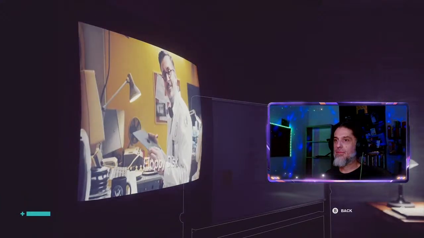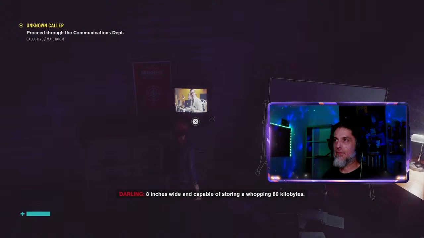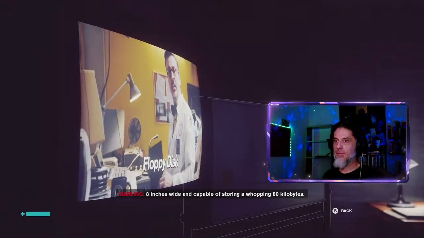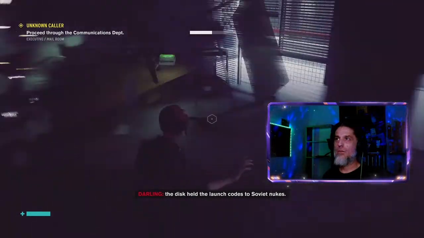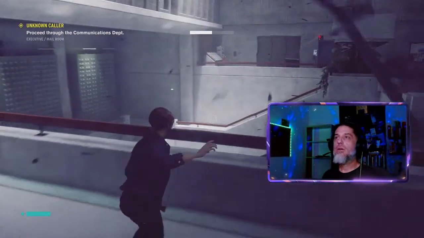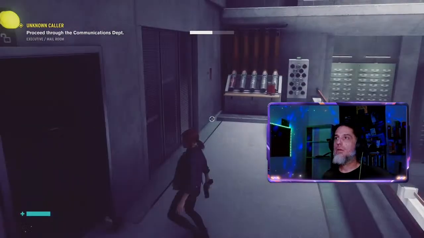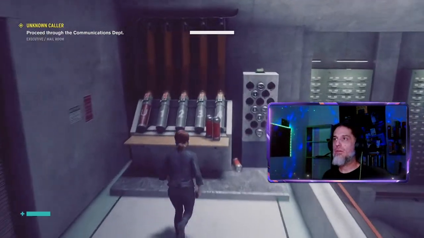Just look at it. 8 inches wide and capable of storing a whopping 80 kilobytes. Stolen by our friends at the CIA. Oh. Goes to Soviet use. Do we already have all this? Of course, but